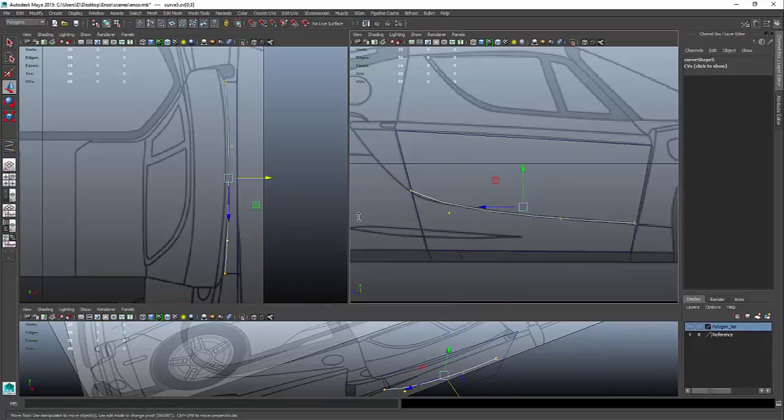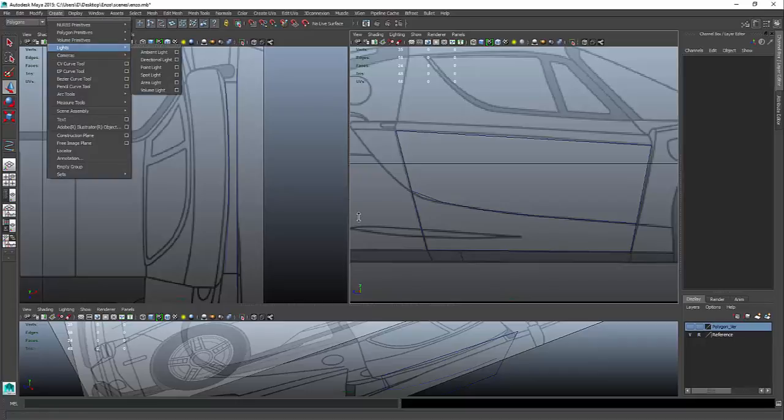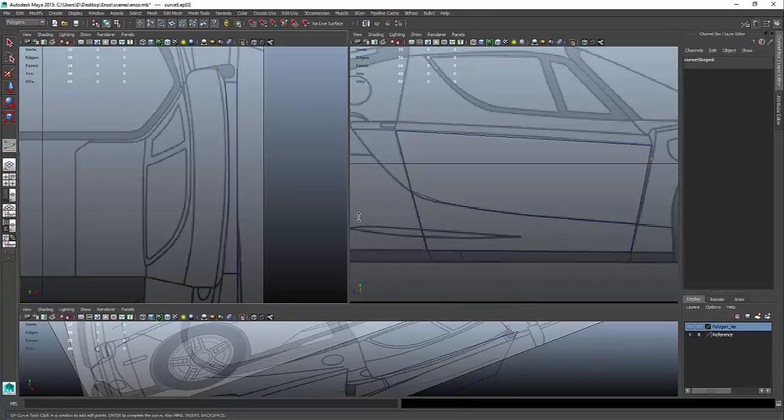So this one here, select it. Let's go to object mode and then duplicate it. And I'm going to pull this up to the top. Actually, I'm not. I'm going to get rid of that, and I'm just going to draw a new one because I manipulated it so much when I was drawing it. There, hit enter, right click, CV curve tool, grab, drag this out,